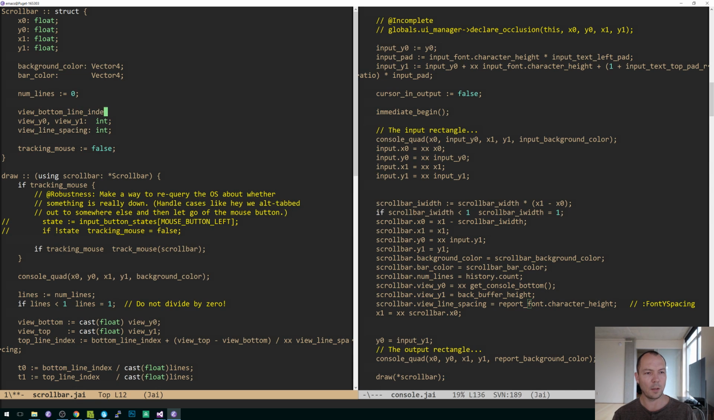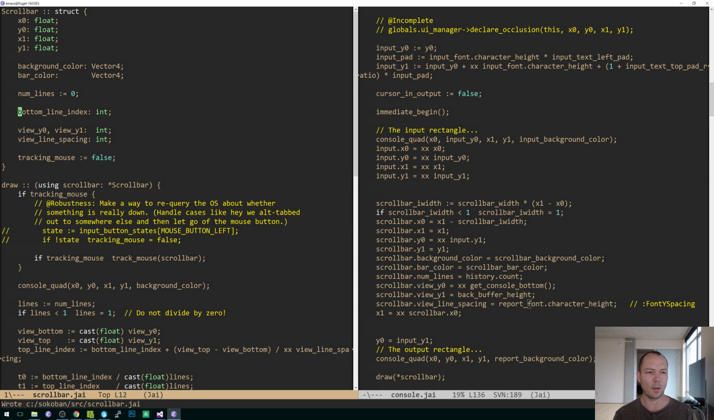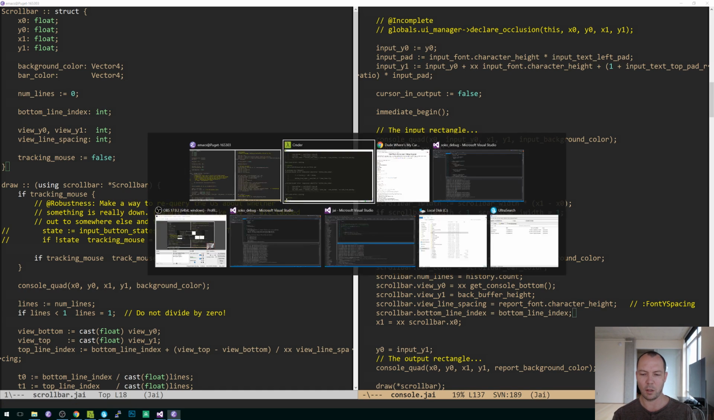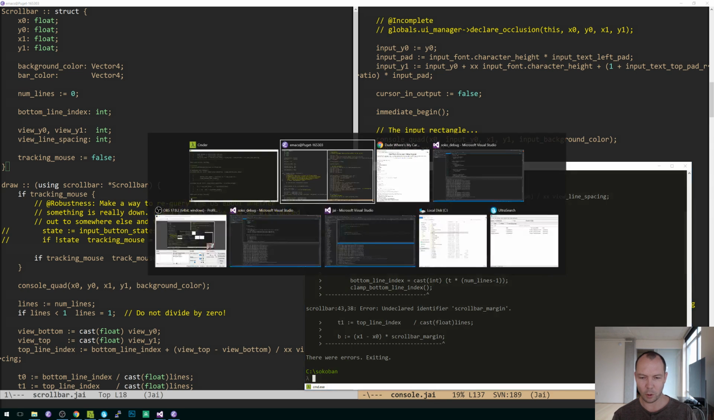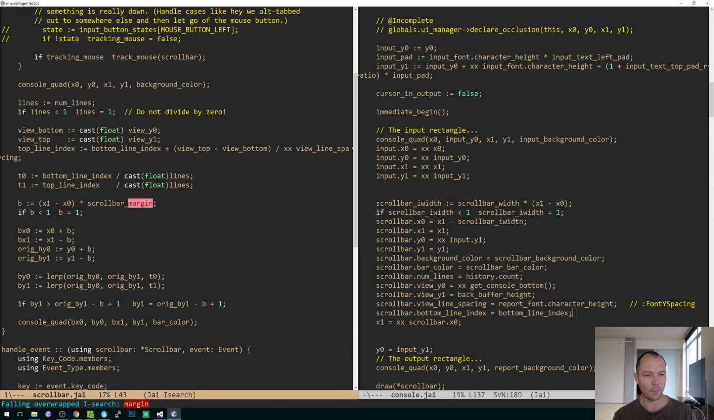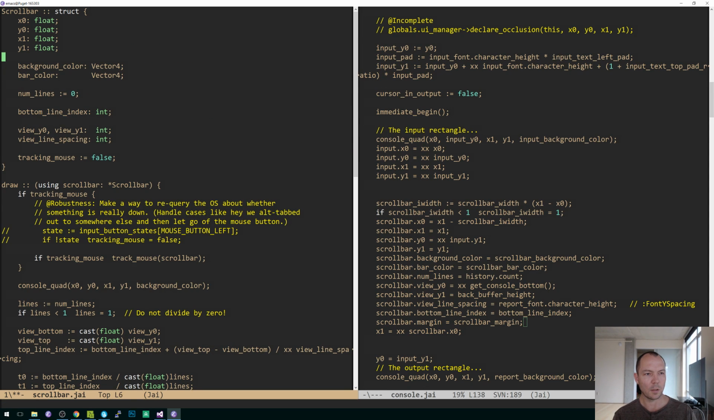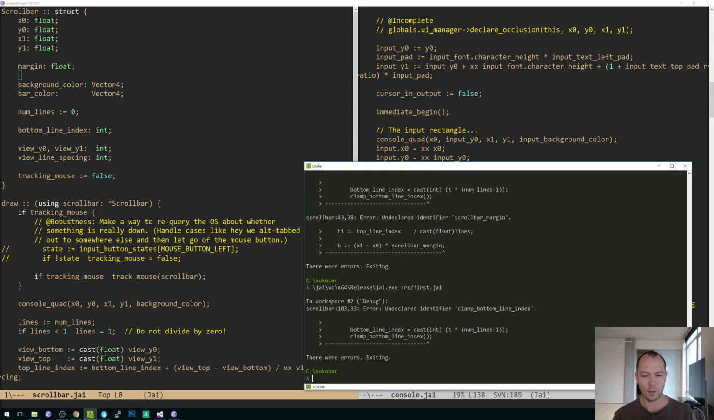View bottom line index. Let's just call it bottom line index. Whatever. Scroll bar dot bottom line index equals bottom line index. Okay. Scroll bar margin. Yeah. Scroll bar dot margin equals scroll bar margin. Clamp bottom line index. Okay, now that we've copied all this stuff over,